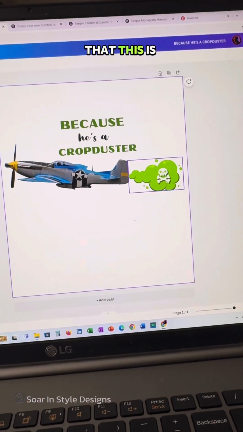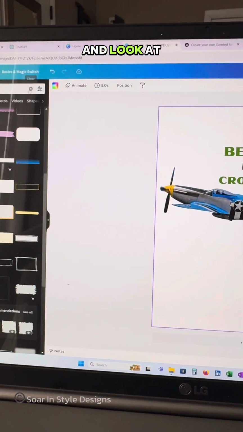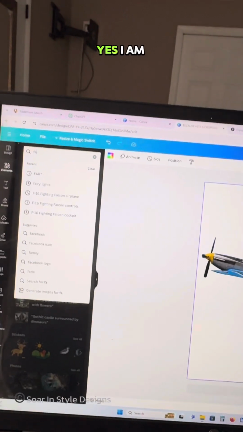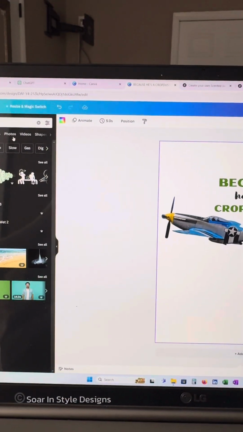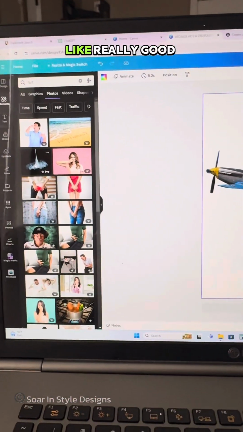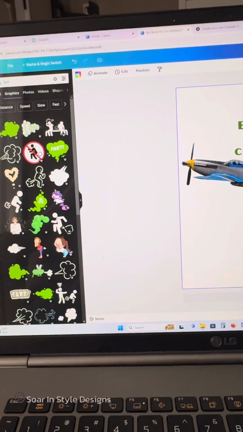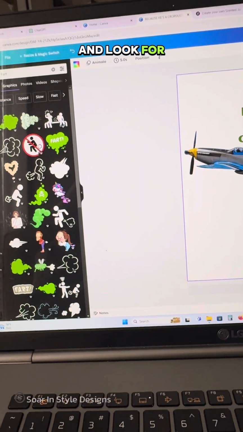I don't like the fact that this is cartoony. Let me go back in here and look at, yes, I am typing that. Because there's no like really good photos. Might have to go graphics and look for